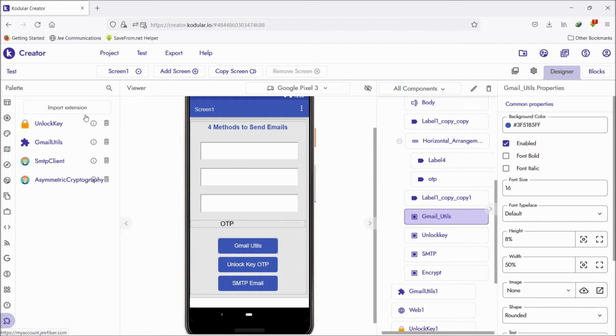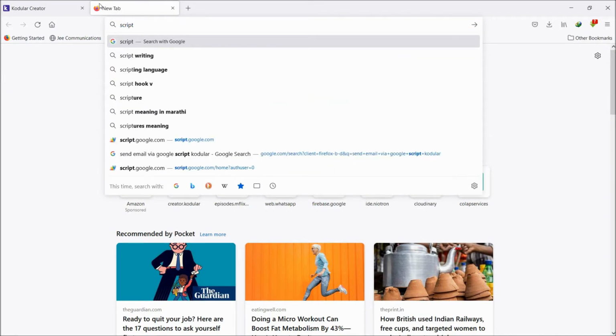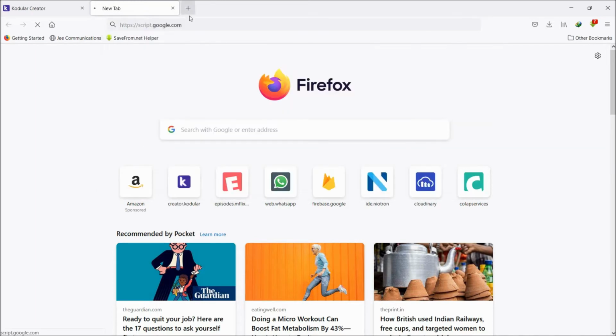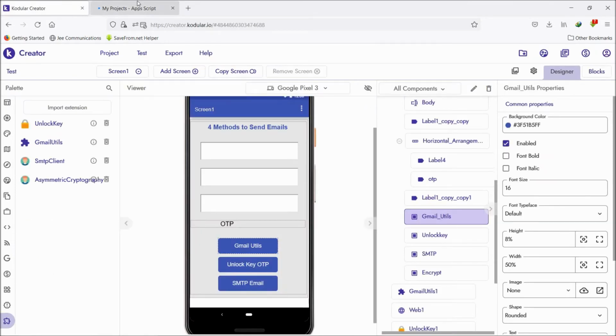Another one is Google Script, guys. We can use Google Scripts, there is a website called script.google.com. In this you can make an email script and send your emails, guys. I have already made a video about this scripting with one-time login with Firebase. I'll keep the link in the description below so you can view that video and implement the script login. So I'm not going to talk about the script in this video, guys. I have already made a video, you can view that in the description.